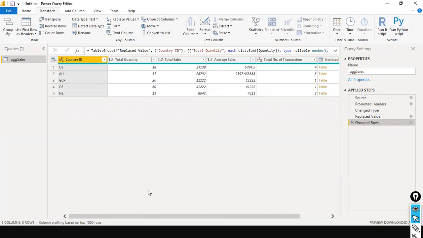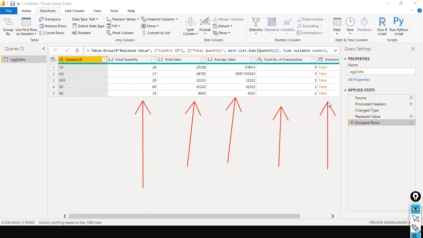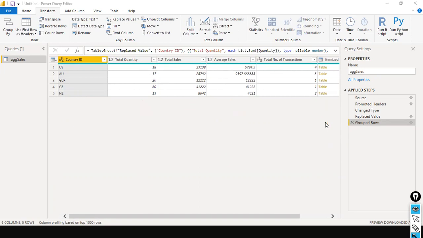So now we understood using group by how we can perform the sum, how we can perform the average, how we can perform the count, and how we can perform the all rows. Okay, and also we discussed the count distinct rows. Okay, what is the next step? So the next step is